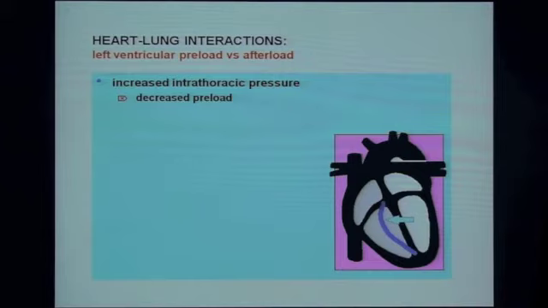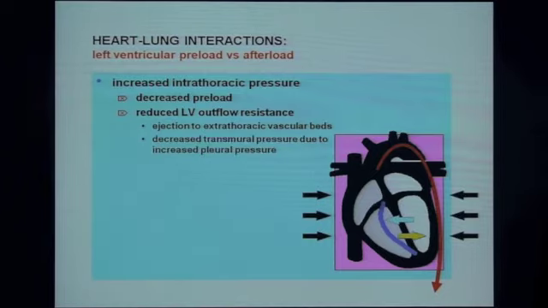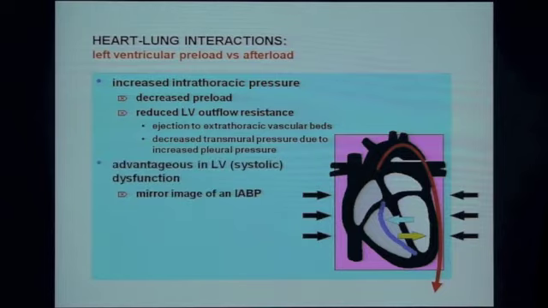The left heart: decreased preload. If we have a dysfunctional left ventricle, we will have decreased preload and at the same time a reduced left ventricular outflow resistance. And why is that? The explanation is simple. In contrast to the right ventricle, the left ventricle ejects into the aorta, and the aorta ends up extrathoracically. We have decreased transfemoral pressures due to the increased pleural pressure, and therefore